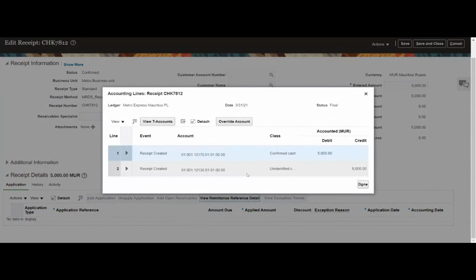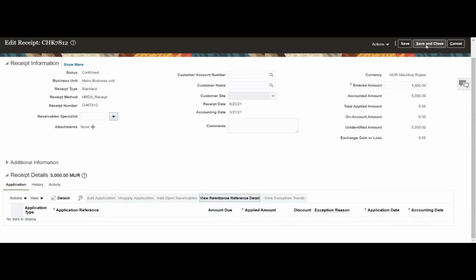So now we can see this accounting entry that is confirmed, cash to unidentified cash. Okay. I'll just take this receipt number and probably use it from there.